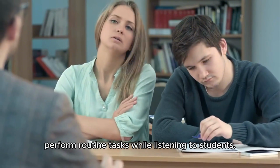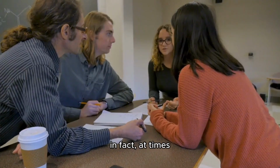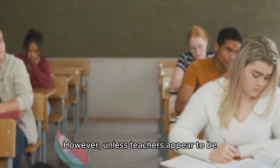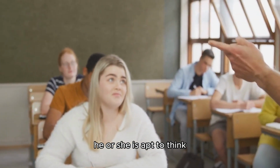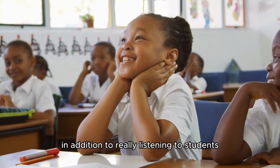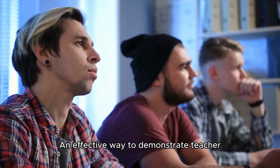It is easy to perform routine tasks while listening to students. In fact, at times teachers are evaluated for their multitasking ability. However, unless teachers appear to be completely focused on the student speaking, he or she is apt to think the teacher doesn't care about what's being said, or about them. Consequently, in addition to really listening to students, teachers must also show they are really listening. An effective way to